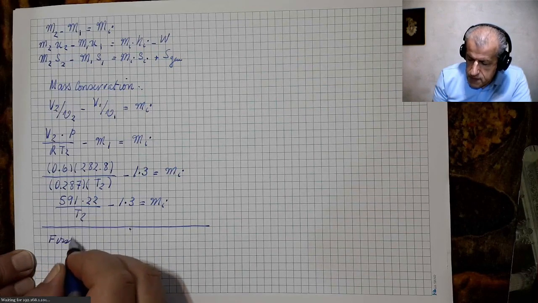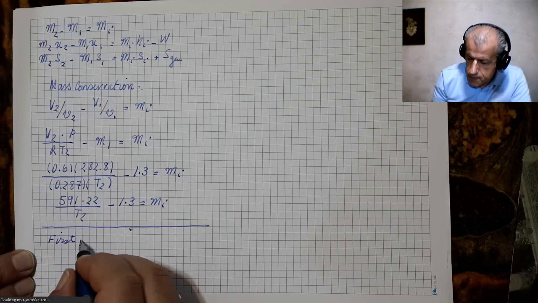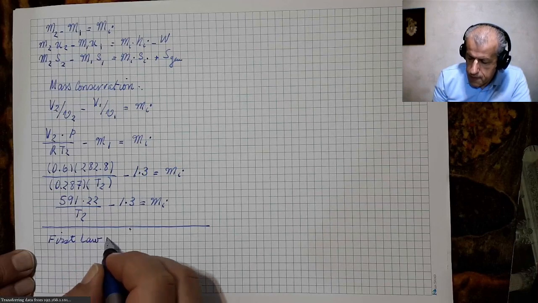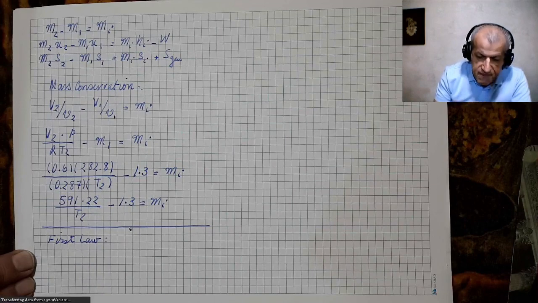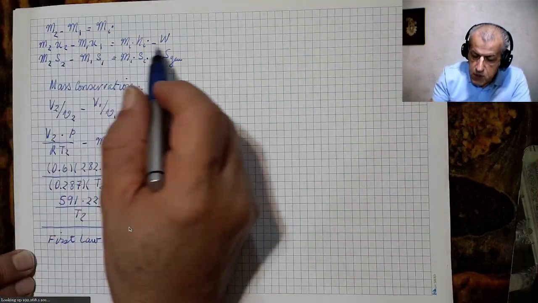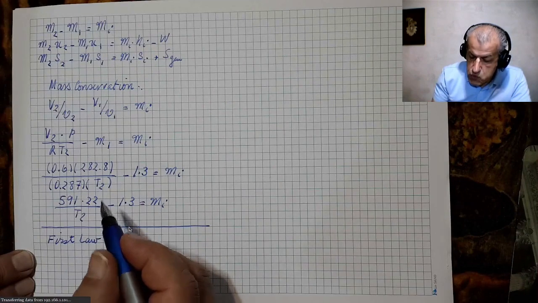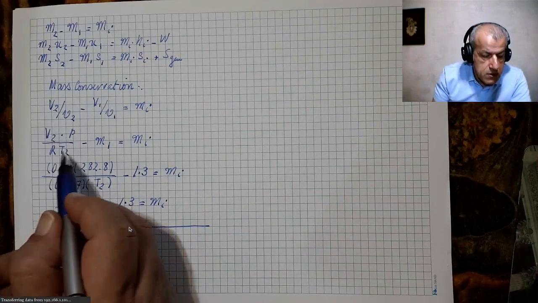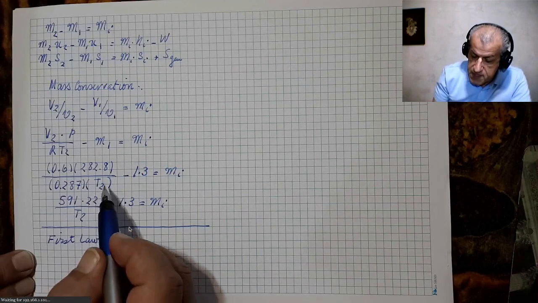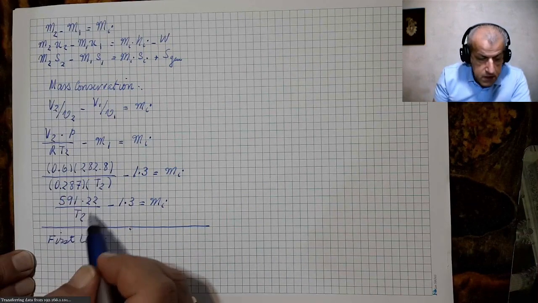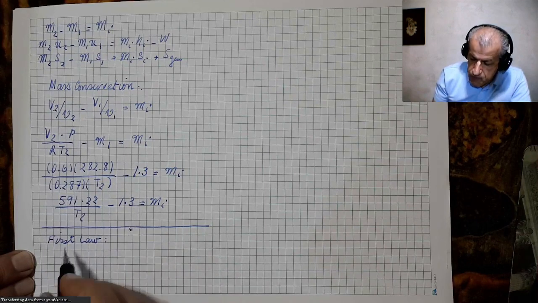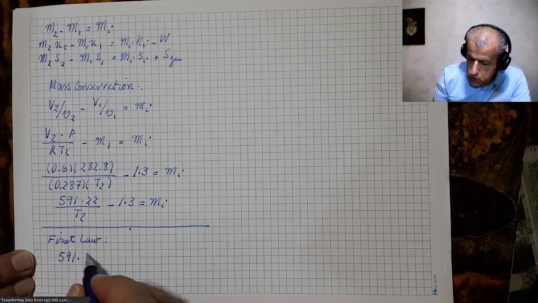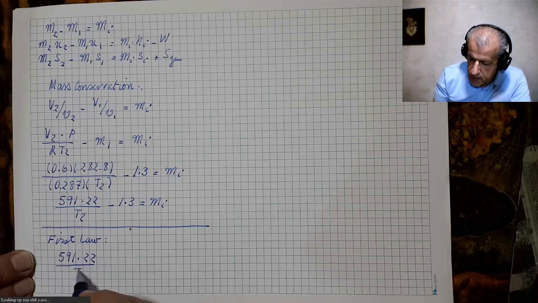For the first law, we shall replace values in this equation, and for m2 we know this value, so I will just put it straight from this equation. M2 is 591.22 divided by T2